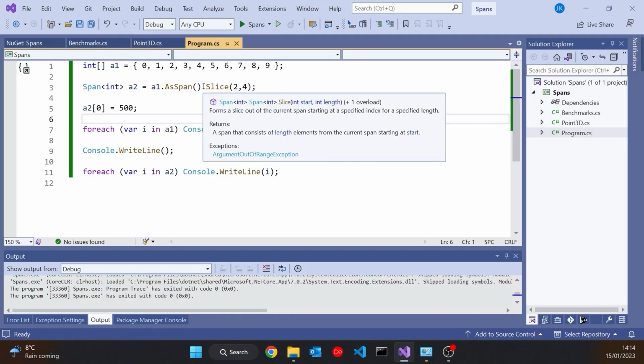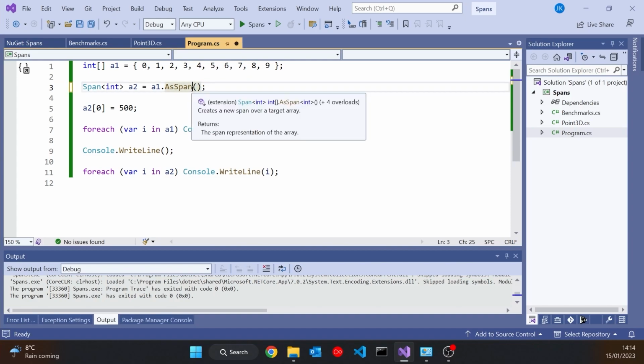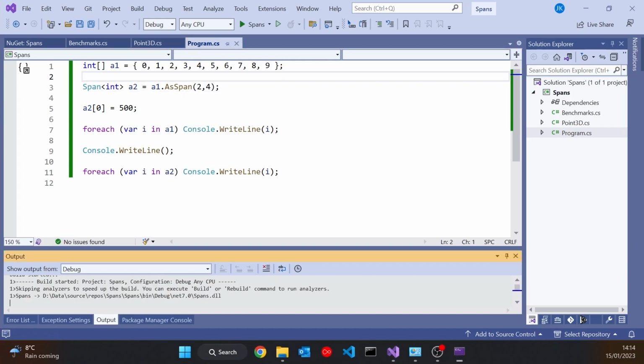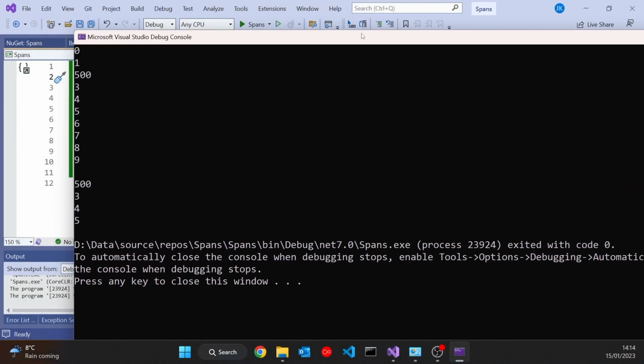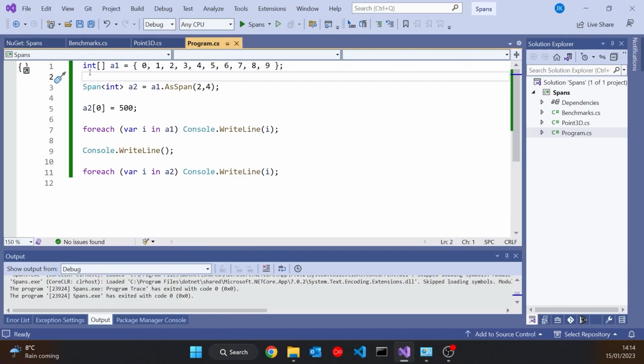The other thing that we can do though is actually the AsSpan itself will take parameters exactly the same as slice. So actually, in that case, we could have just done 2, 4 in there, and again, that would give us the same behavior. So various ways we can get hold of these, but in all cases, although the original array was allocated on the heap, the new span has no new heap allocation and just this very small stack allocation, which is what it needs to record the position and the length of its window onto the array.